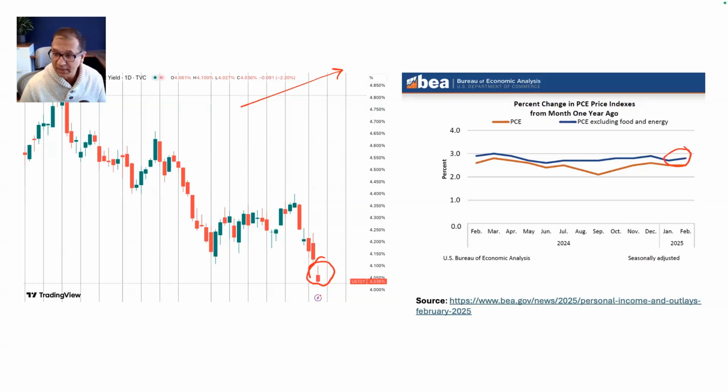Notice the PCE, which is the personal consumption expenditure. What this means is the price of goods and how they are going up. So you notice if the price of goods continues to increase, that is an indication of inflation. So it means inflation is ticking up.